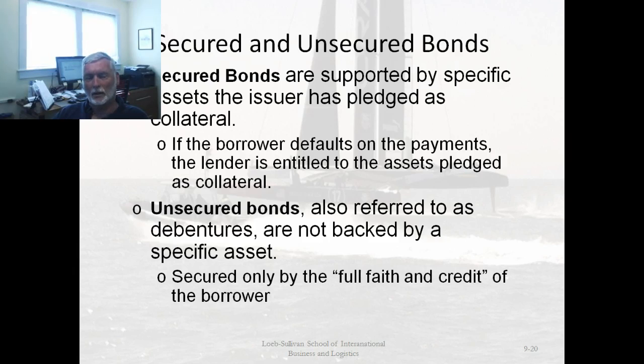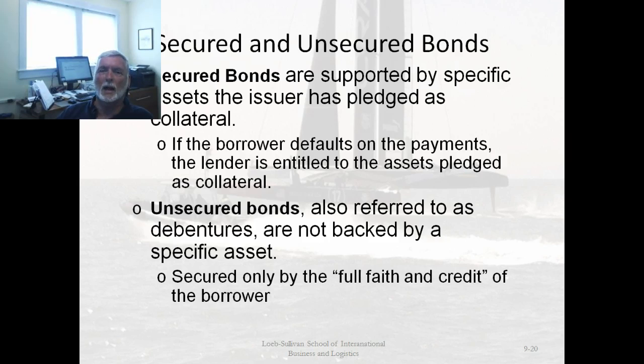So if they had lent General Motors $1 million, they did receive about $800,000 on that $1 million loan. Unsecured bondholders only got about 30 cents on the dollar. So if they'd lent General Motors $1 million, they got $300,000 in the bankruptcy proceedings. So the secured bondholders came out much better. Point is that if you are an investor in bonds, you should know whether you're buying secured or unsecured bonds.